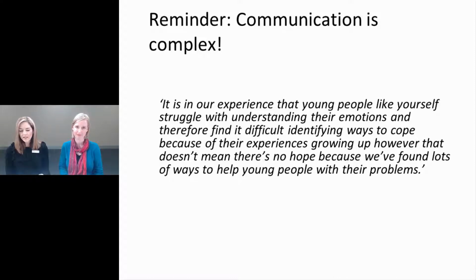The young person in this example would have been required to listen, concentrate, store information, understand a very long sentence, recognise that the person saying all of this is doing so with good intentions, understand conjunctions and clauses, deal with the emotional content of the words and their meaning, understand intent and meaning by interpreting the person's tone of voice and body language, and then they would have been required to respond appropriately.